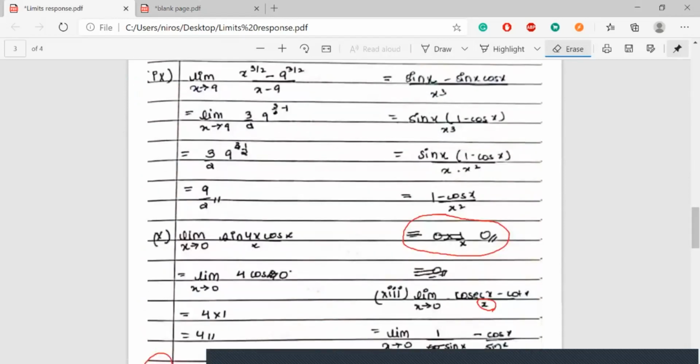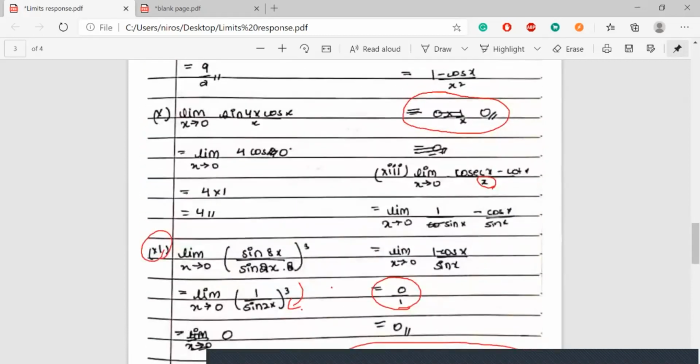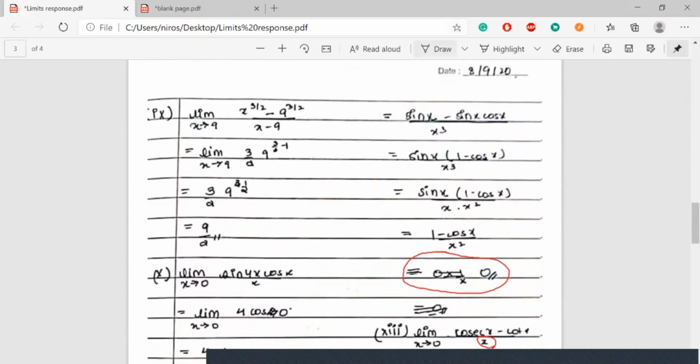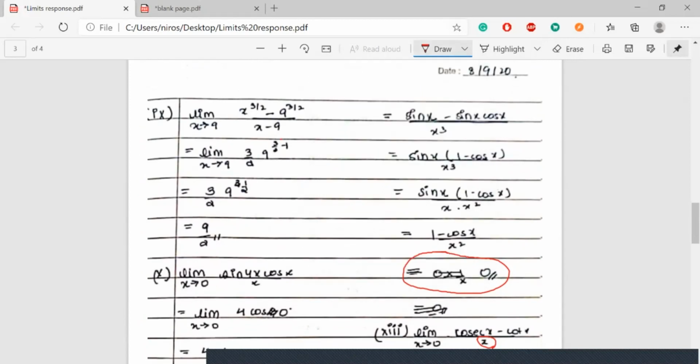Okay, till here, this question: tan x minus sin x by sin x cube. All you did is correct. But what happened over here? So it'll be 1 minus cos x by x square, right? 1 minus cos x by x, we know it as 0. But there is also 1 by x. If you put x as 0, it becomes divided by 0. It becomes an indeterminate form.